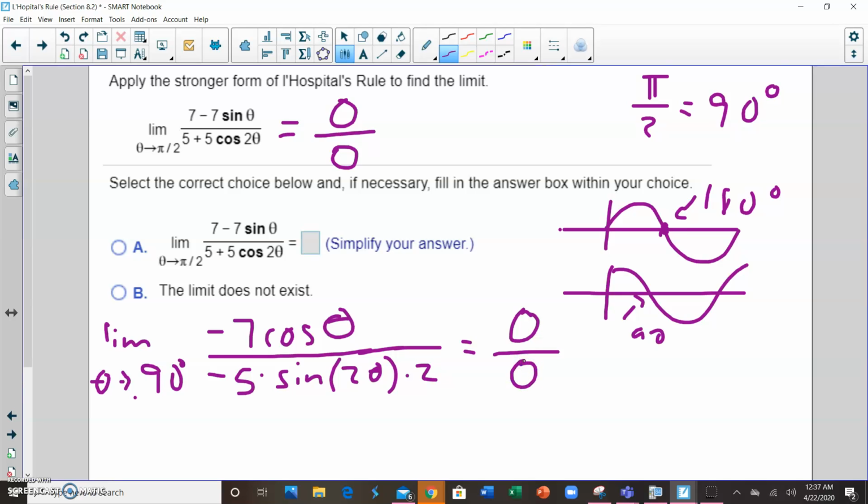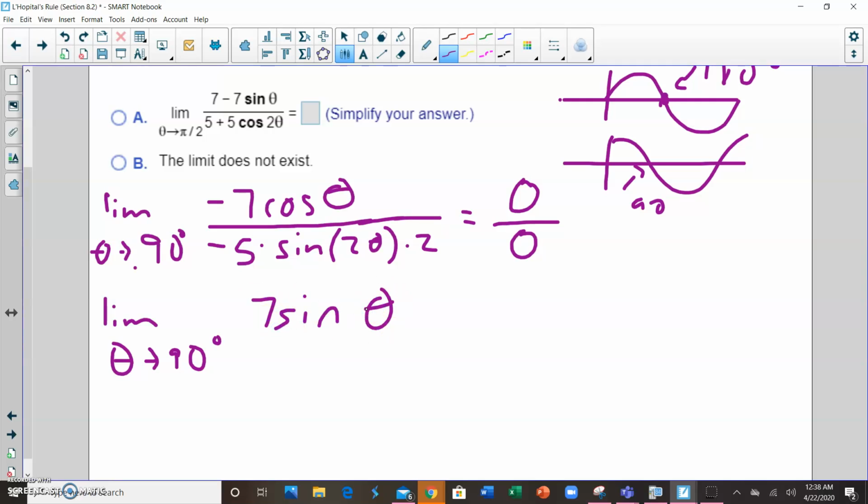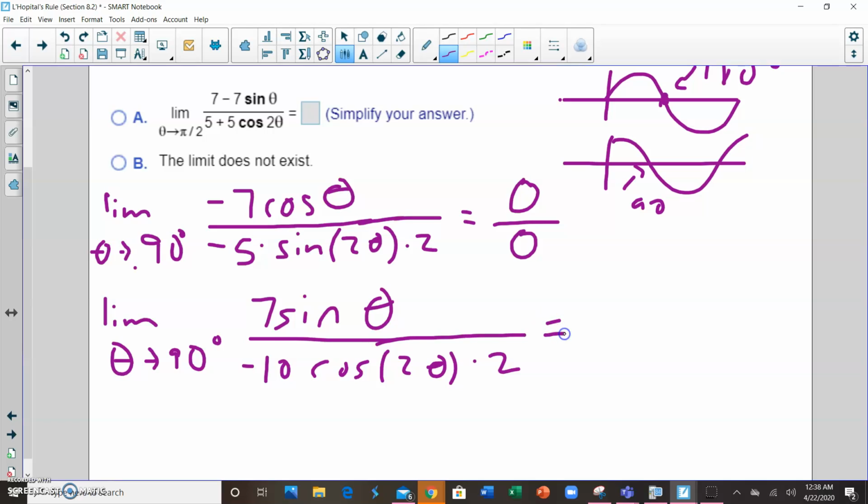So when you get 0 divided by 0, you simply take the derivative again. So we get the limit as theta approaches 90 degrees, and I take the derivative again. The derivative of cosine is negative sine, so that's 7 times the sine of theta, divided by negative 10 times the cosine of 2 theta times 2. So now I plug in 90 degrees and I will actually get an answer. And my time is going to run